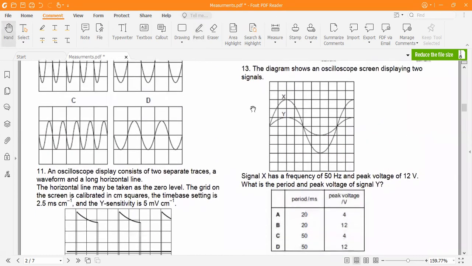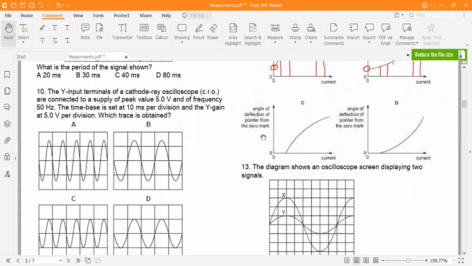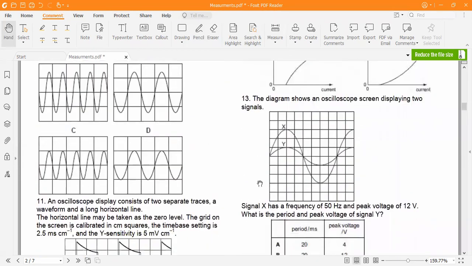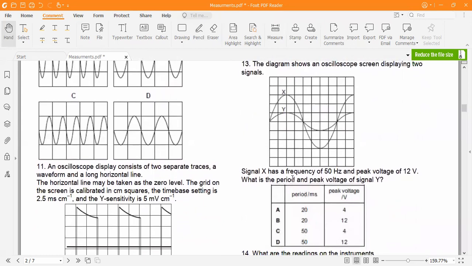13. The diagram shows an oscilloscope screen displaying two signals. Okay, so X and Y are two signals. Signal X has a frequency of 50 Hertz and a peak voltage of 12 volts. What is the period and peak voltage of signal Y? So,